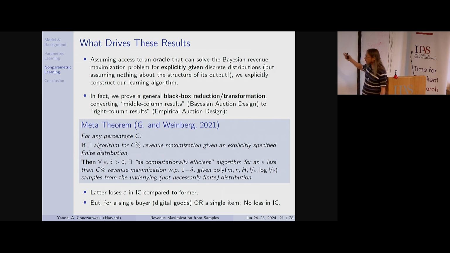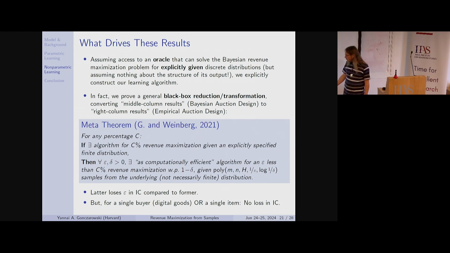If in the multi-item setting, you know how to non-computationally efficiently get 100% revenue maximization, you always do, right? Non-computationally efficiently, if you see the entire distribution, there is an exponential size or huge or infinite size linear program that will get you that. Then we can convert that into an information theoretic existence result that says polynomially many samples convey enough information to information theoretically identify an auction, which is what I showed you later. And the two caveats are that it loses an epsilon and incentive compatibility here compared to here.